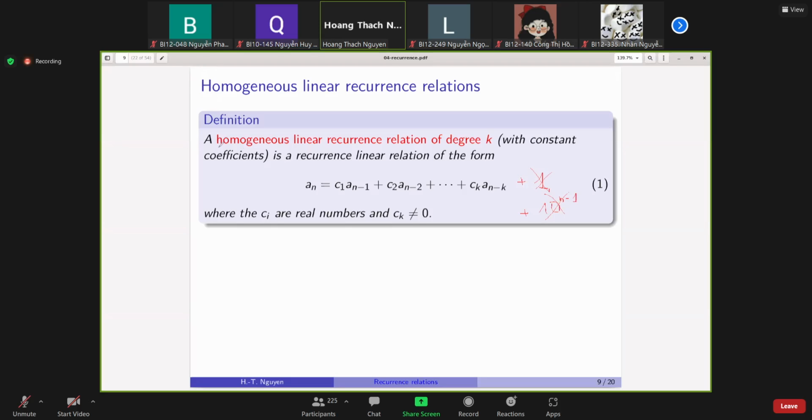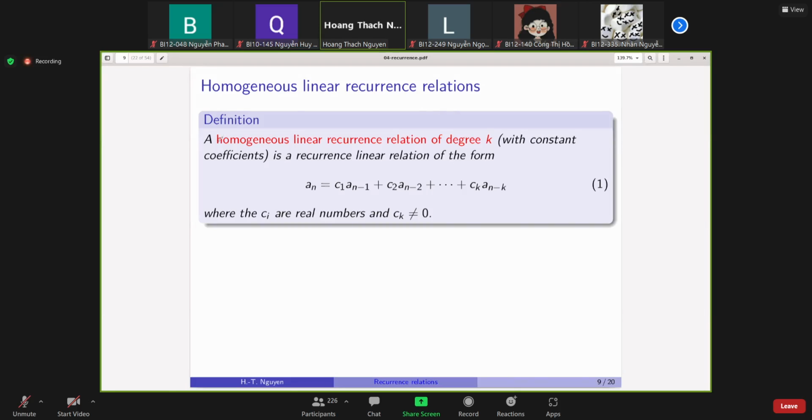Okay, so in order for it to stay homogeneous, there must be only linear terms involving the terms of the sequence, no other terms, no free coefficient, no coefficients, no functions of n, etc. Okay,